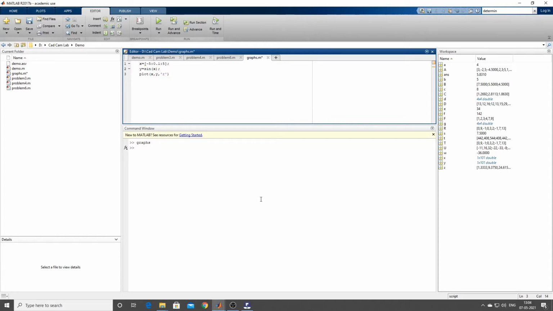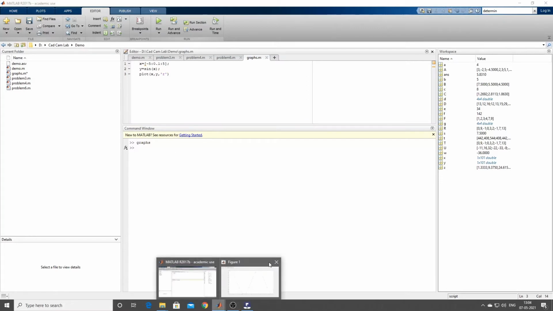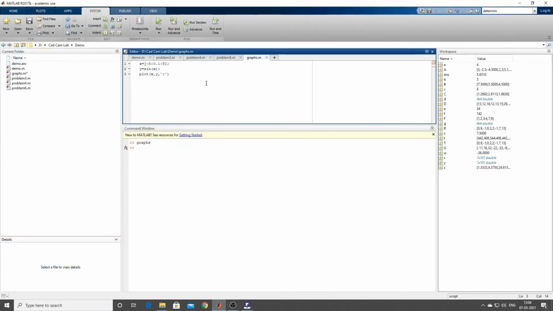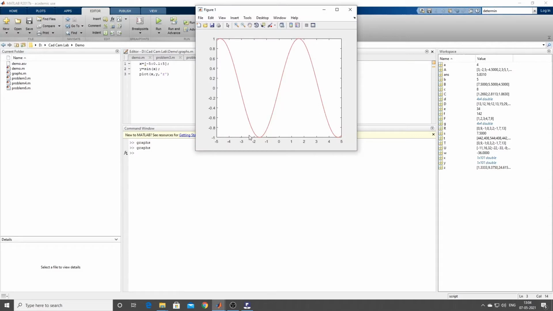What can you expect? Let us run it. See, initially the line was blue, now it has changed to red color. If you want to change it, you can give r for red, b for blue, k for black. Like that you can change the color.